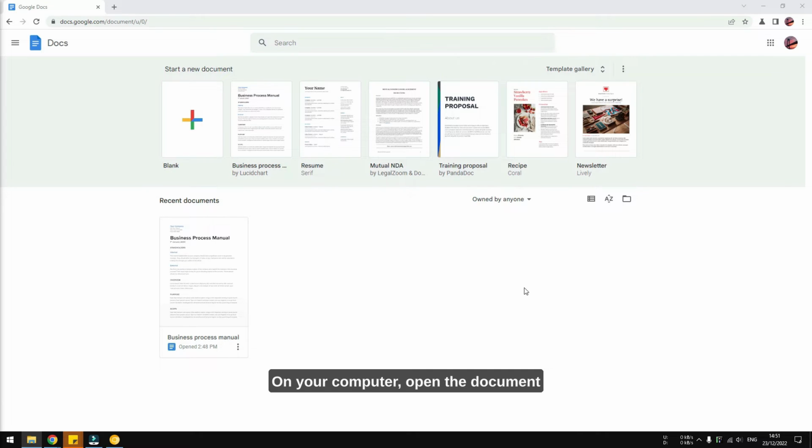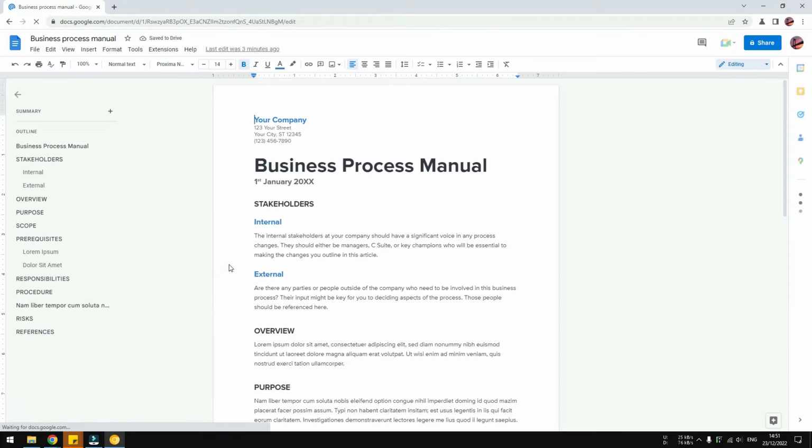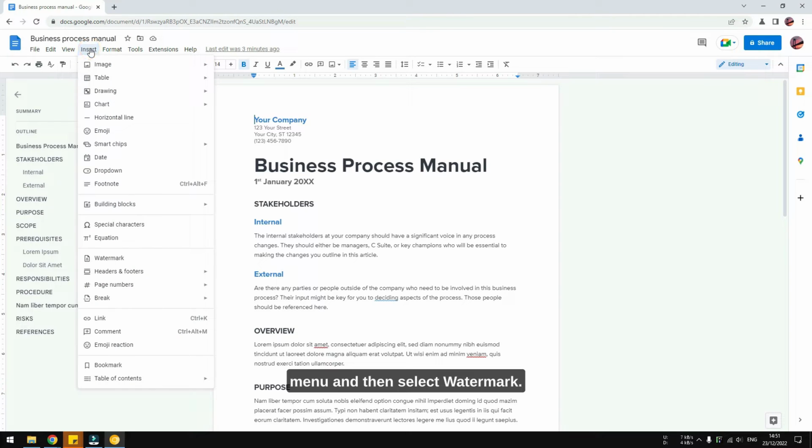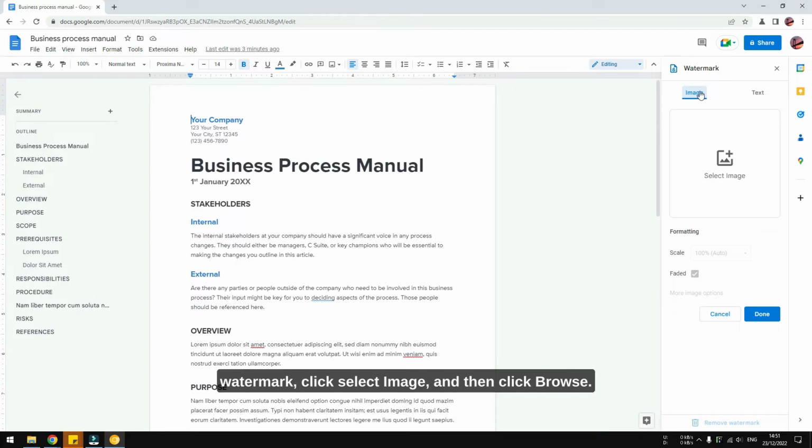Alright. On your computer, open the document you want to insert a watermark. After that, click the Insert menu and then select Watermark. The watermark menu will appear on the right side of the screen. You can use either the image or text. If you want to insert a picture as a watermark, click Select Image